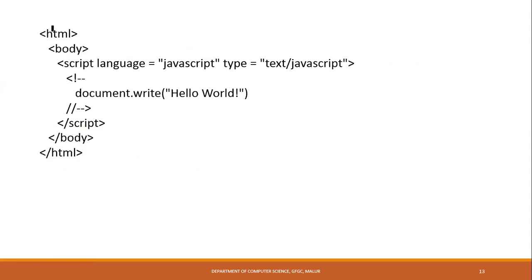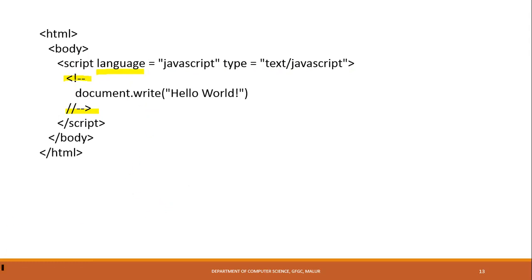Consider this example. Here I have an HTML tag. In this script, I have given it inside the body tag, because there is no other coding inside the body tag. So I have just included a script coding only. Then I am starting script. There is one more attribute you can use, language equal to JavaScript, and type equal to text/JavaScript. Then inside the coding, this line and this line we call comment statements. These two lines won't execute in the system.